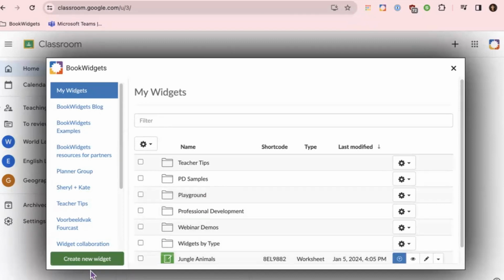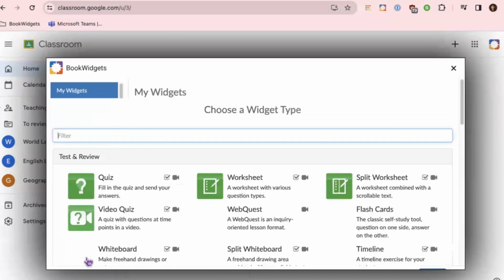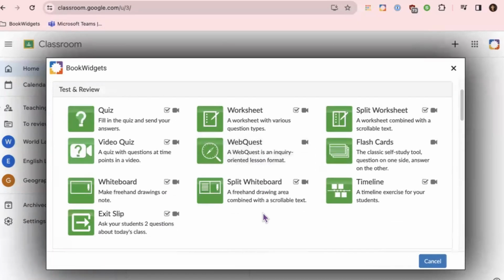I'm going to create a new widget. If you already had something created, you would select and choose it. But I'm going to create a new widget because Kate mentioned there's a lot of new users here, and I'd like you to see how to create content. So I'm going to select this button, Create New Widget, and you'll notice